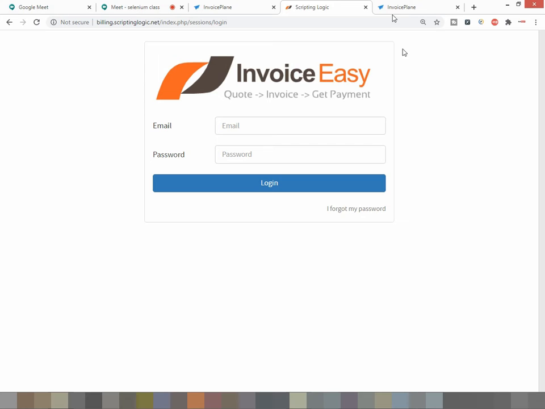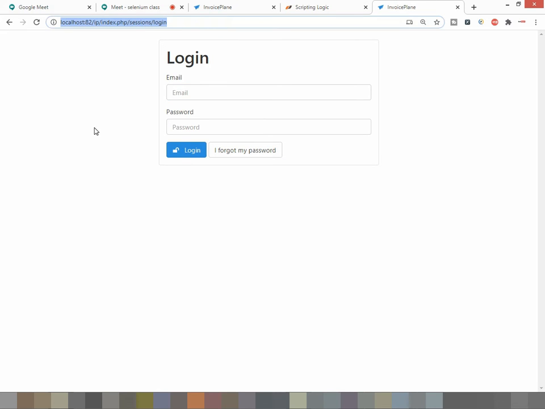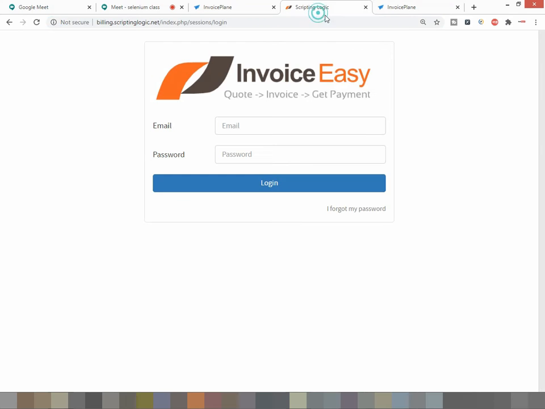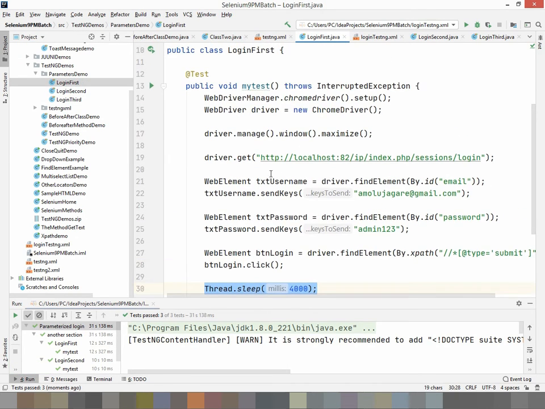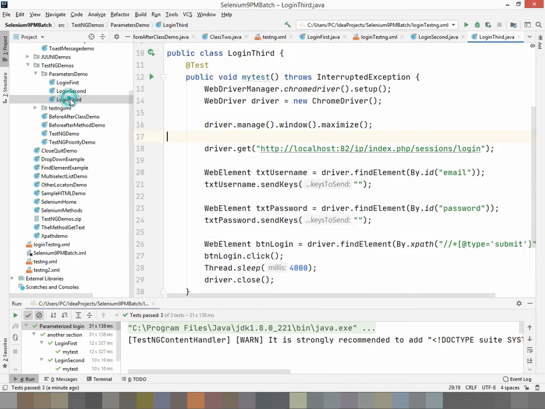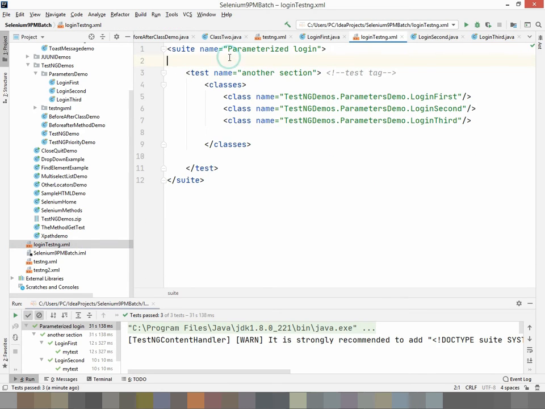What I want to do is, earlier I used this URL, now I want this URL and to do the same operations. So either I go into each and every class and change the URL, or we will use a parameter. So how to use a parameter?